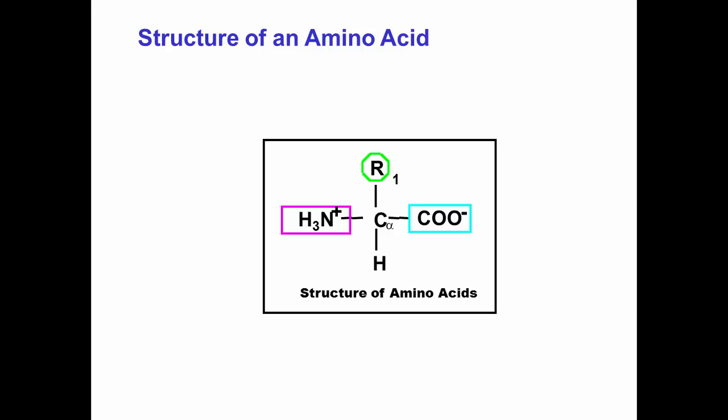So remember, this is the structure. We've got the alpha carboxyl, the alpha amino group. This is the alpha carbon, right? And the other thing that I mentioned a moment ago is the R group, right? That's the functional group. It's what makes each amino acid unique, gives it its particular chemical properties, et cetera.